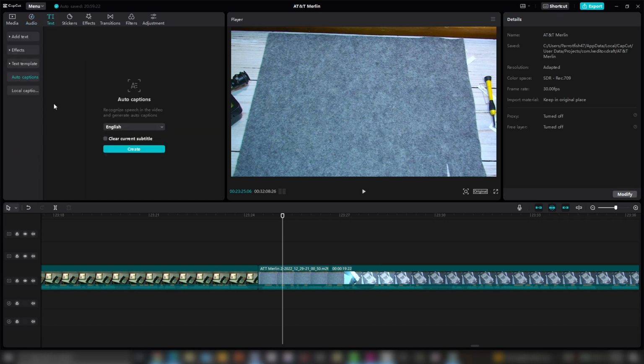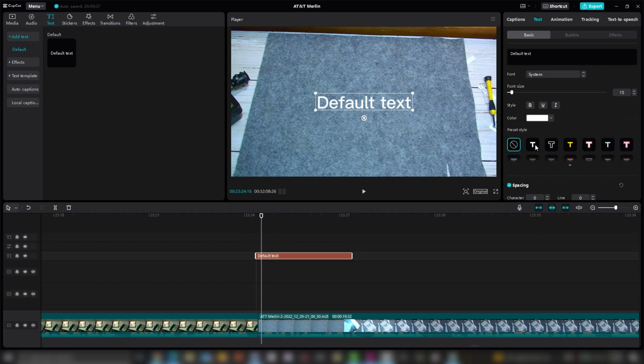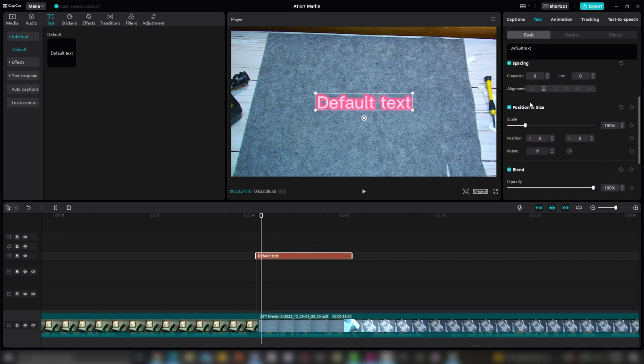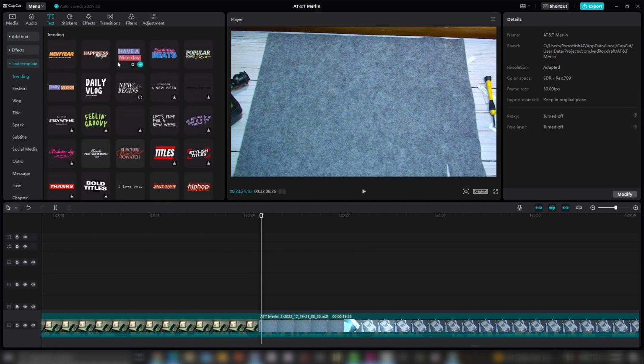You do text. There's default text, which is just going to give you very basic overlay text that you could then come back and modify by going over here, clicking all these presets. There's also a bunch of different presets for text. There's text templates, these little download icons here. That just means that the asset's available for use. It's no charge, but they have to download before you can actually use them. So just by hovering over them, it'll queue up a download,